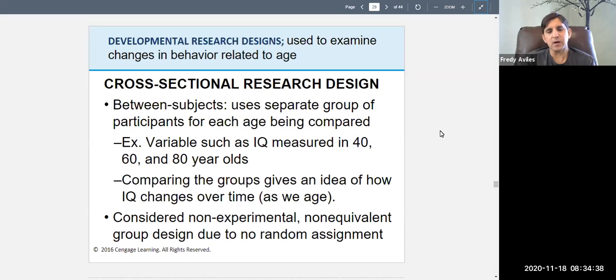This is considered non-experimental, by the way. You're just comparing different groups. The groups are not equivalent, right? It's a non-equivalent group design, and there's no random assignment. All you're doing is comparing people of different age. That's called a